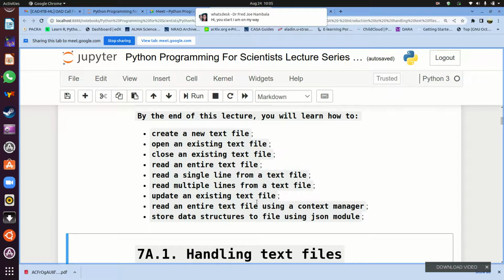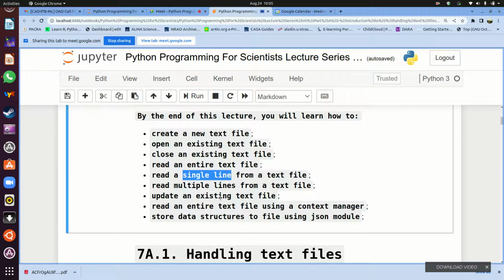So we'll show how to create a new text file. We'll show how to open an existing text file. We'll also show how to close an existing text file. We'll show how to read an entire text file at once. We'll also show how to read a text file line by line. Then we'll also show how to read multiple lines from a text file. Then we'll show how to update a text file. Then we'll try to show how you can do all these things